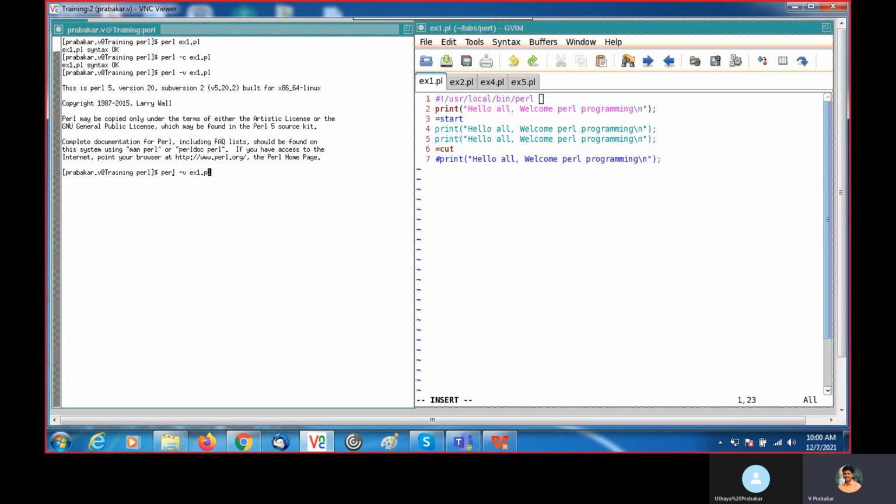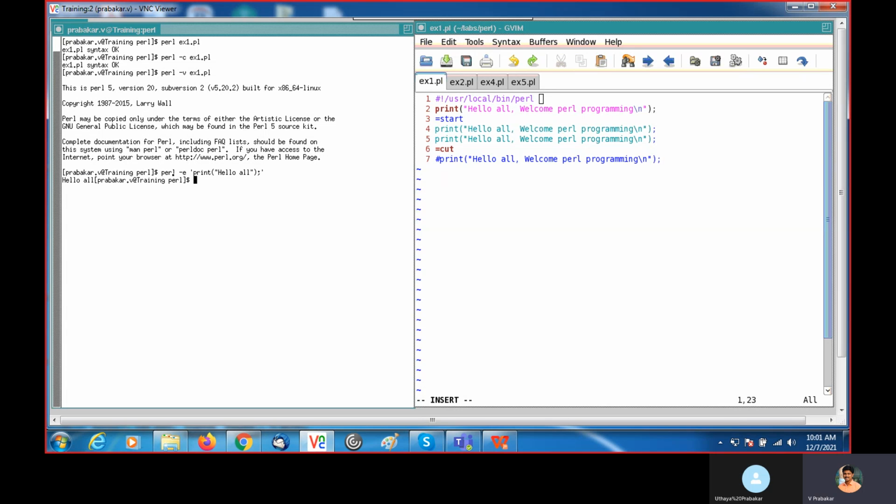Then another option, -e. With the help of this -e option, you can directly give the Perl command in the command line. Within single quotes, you need to give hello.